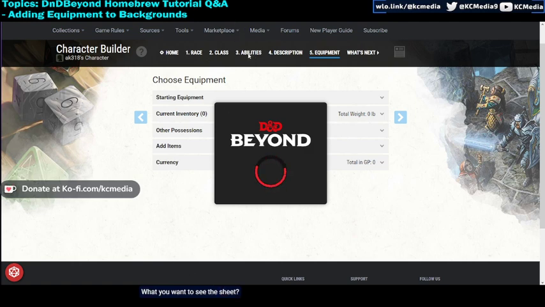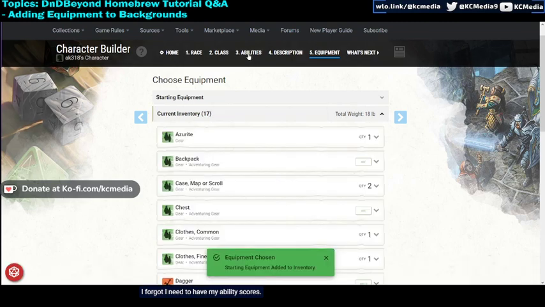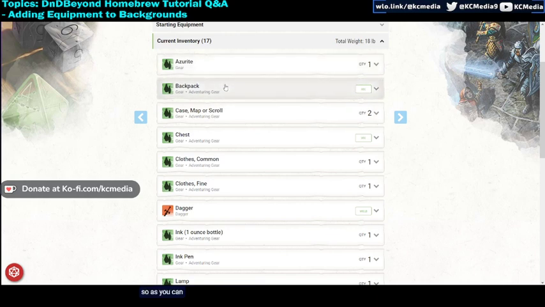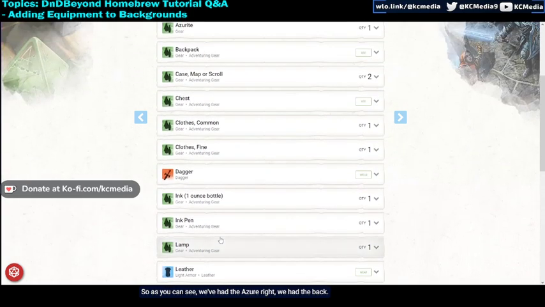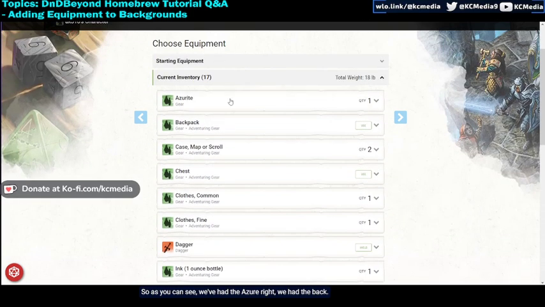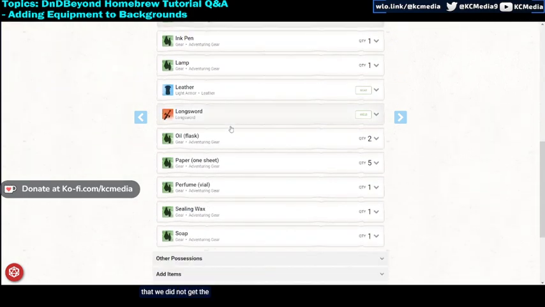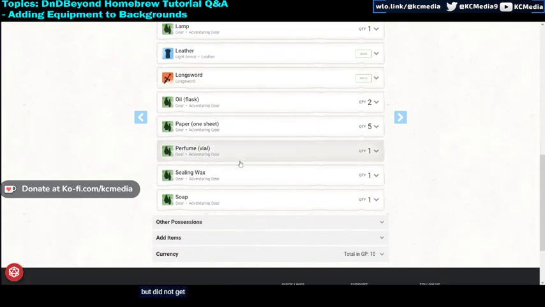I forgot I need to have my ability scores. So as you can see, we've had the azurite, we had the backpack. But we did not get the flail, and we did not get